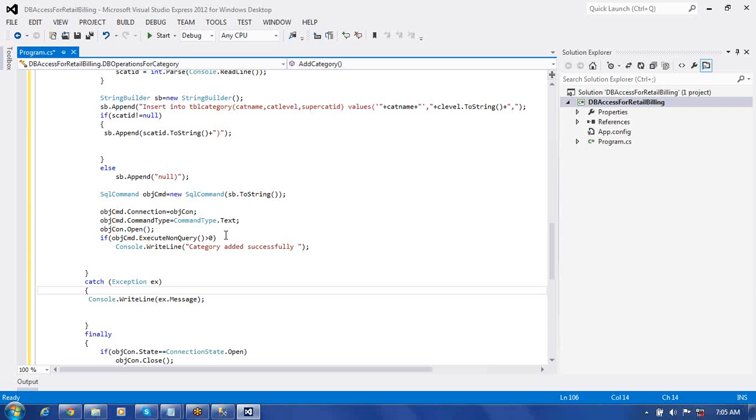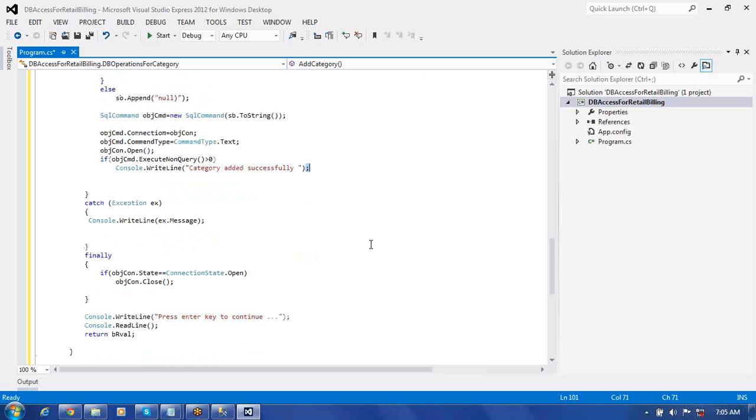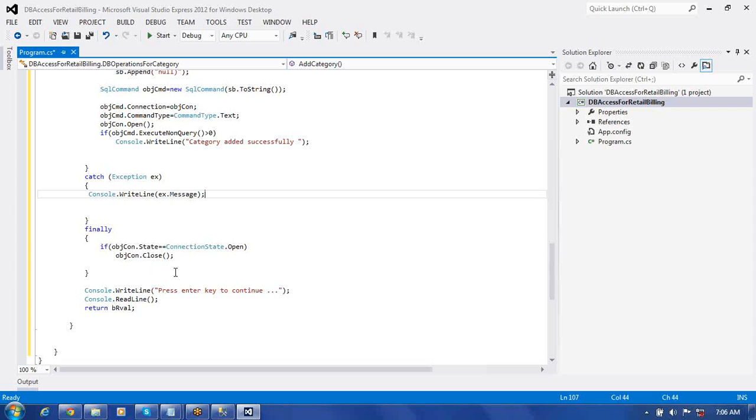After that, whenever we execute this, if object cmd.execute non-query greater than 0, so whenever it is returning one or more rows, in such case it says category added successfully. If you could add a category, it prints category added successfully. Otherwise, if you face any problem, any exception is thrown, it's going to print the message there. And finally, if the connection state is open, we need to close it. At the end of this one, we write console.write line,